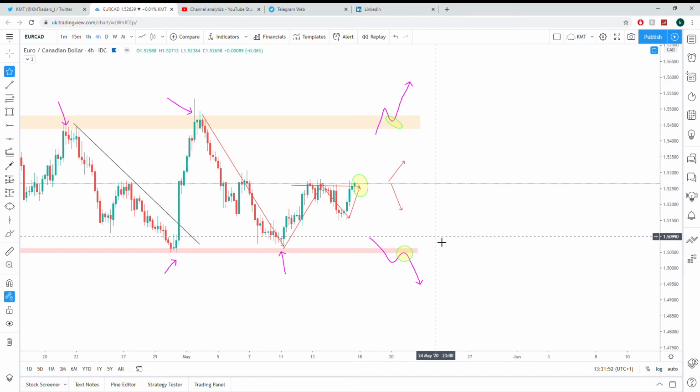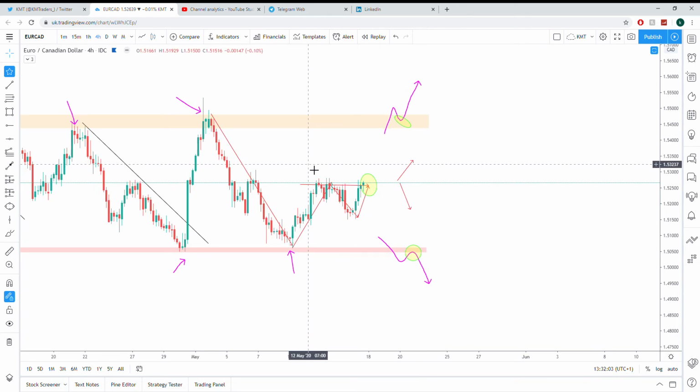So again, these are all the ideas that run through my mind when I'm looking at these markets, and I tried to show you throughout all of the pairs how you can get in on a lower time frame, as I know most people don't really trade on a daily and a 4-hour time frame. But again, you can actually take multiple trading opportunities on each time frame. You just have to understand that our method can actually be used on all time frames. You just have to understand it correctly so that you can then apply it. So we actually do help people with our method. We actually do teach this method,